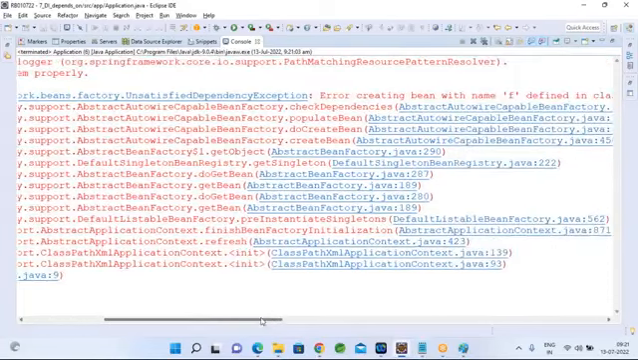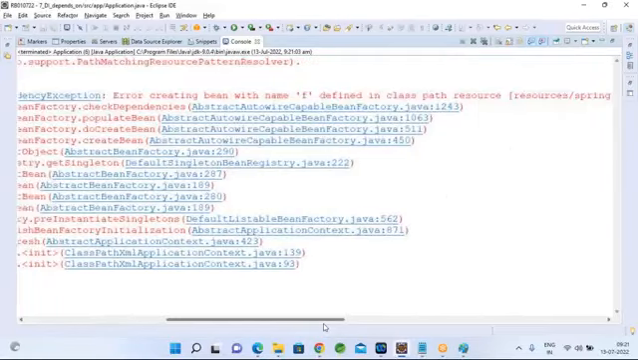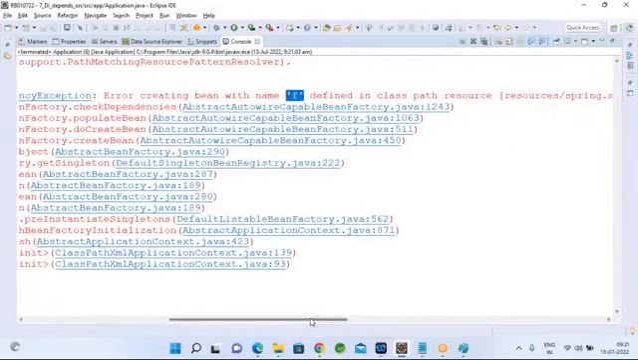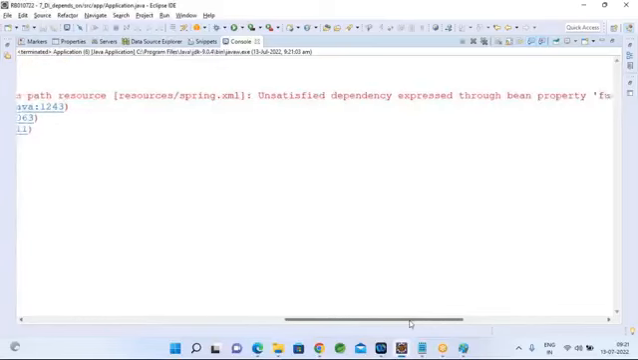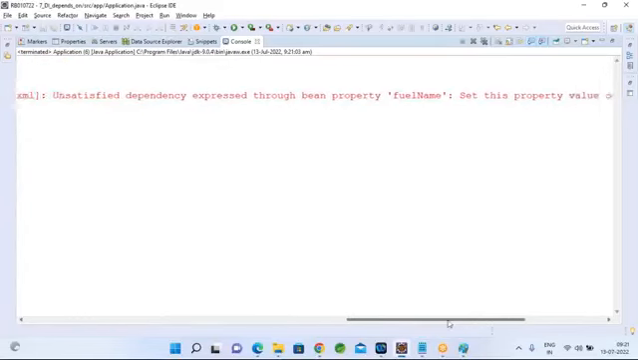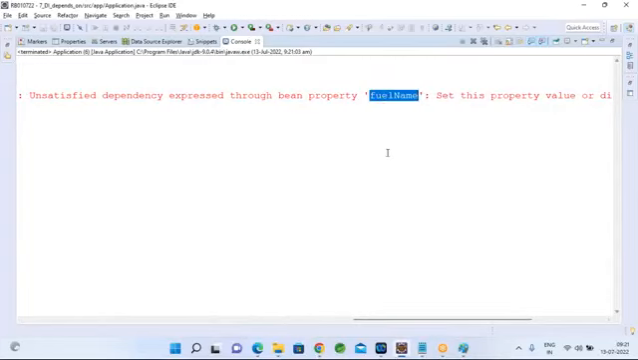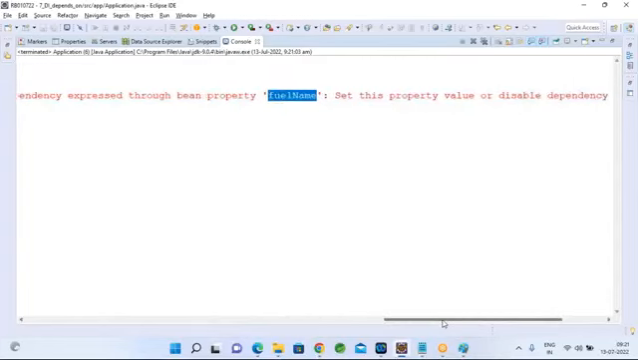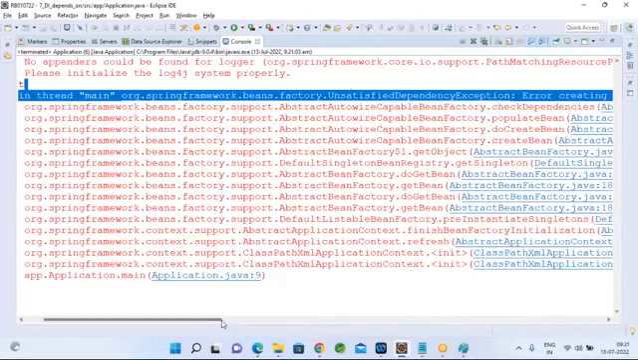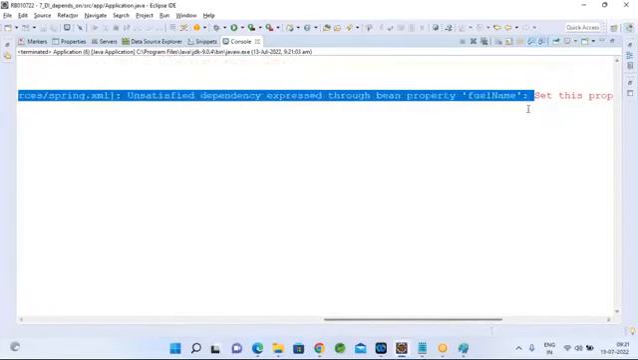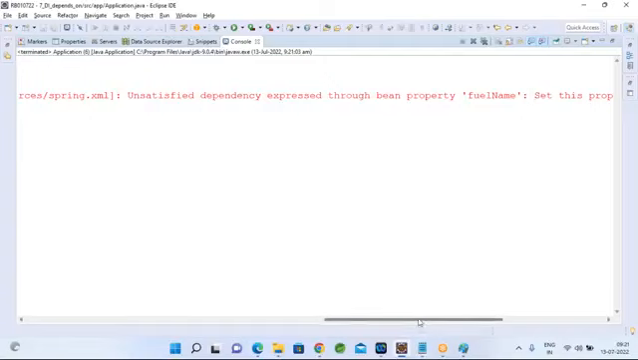Container is not satisfied. Why? Error creating bean with name fuel. Okay. While creating the fuel object, it is getting an exception. Unsatisfied dependency expressed through property fuel name. It is saying fuel name is unsatisfied. Set this property value. You please set this property value. What it is saying is container: set this property value